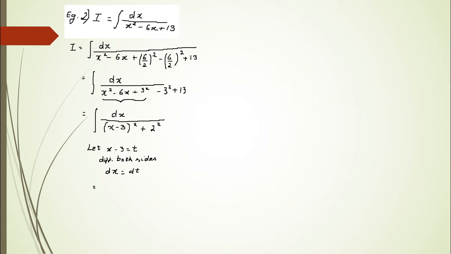So that is I is equal to integral. Now dx is equal to dt, so I'll write dt here. x minus 3 is equal to t, so I'll write t square plus